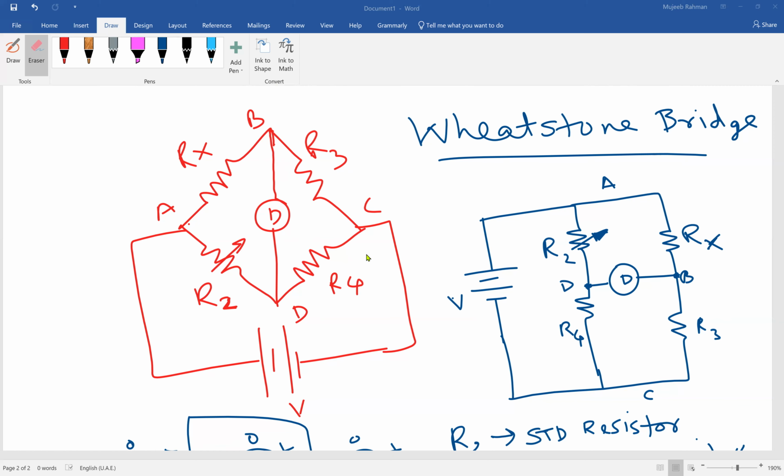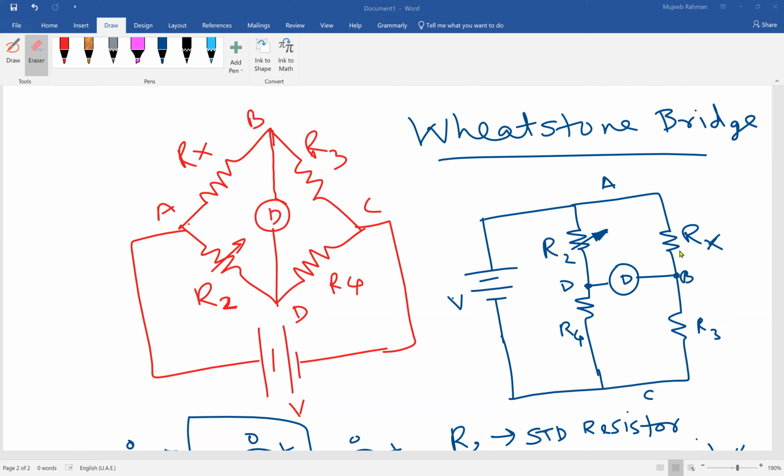Now let us look at the analysis of the circuit. To analyze the circuit, I think it is better to read through the circuit in this particular fashion. What I have done is flip the circuit, and instead of these 2 nodes, A and B, I just stretched the 2 nodes, so that the circuit looks different, and also some basic principles can be applied to simplify the problem here. What you can find is that in the branch AB we have Rx. So we have a branch AB.